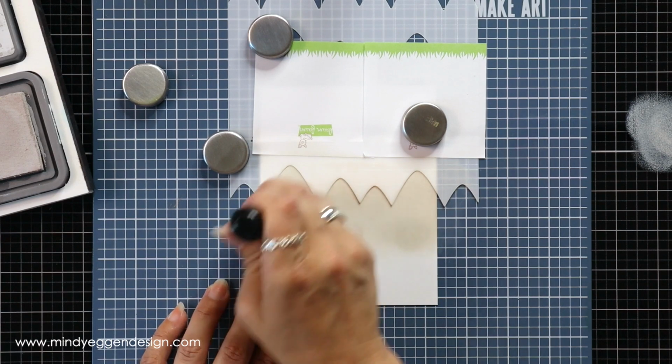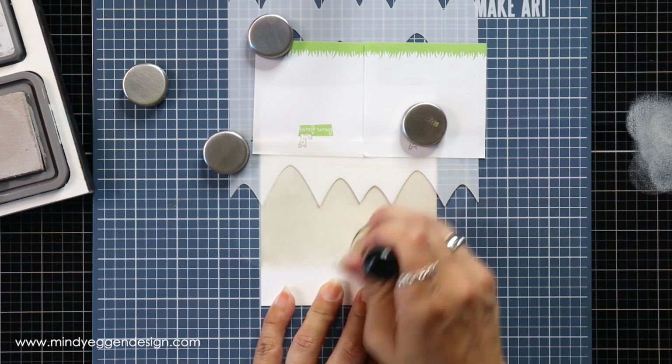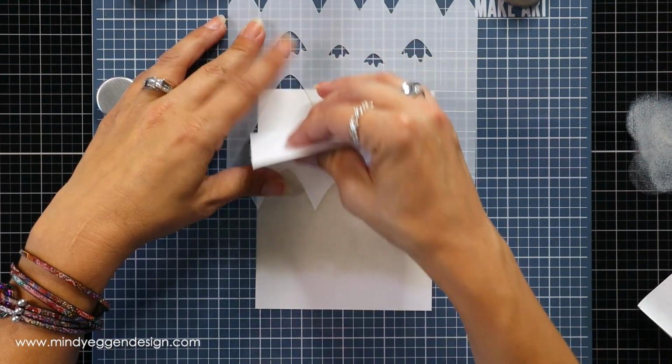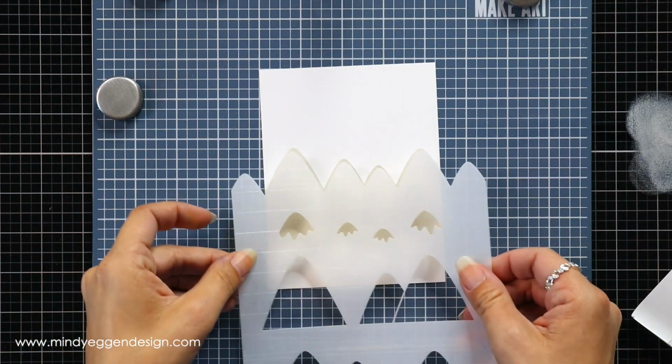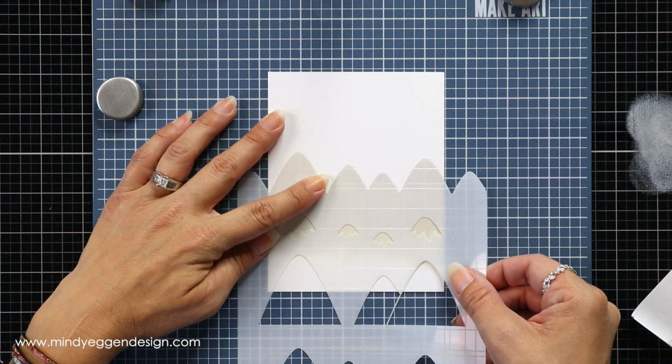I don't need to go all the way to the bottom because I'm going to cover that up anyway in the end. So just adding a quick color onto the background. Next, I can remove those Post-it notes, and I'm going to slide my stencil down. So not only will this create mountains, but it's also going to mask those mountains off so that I can